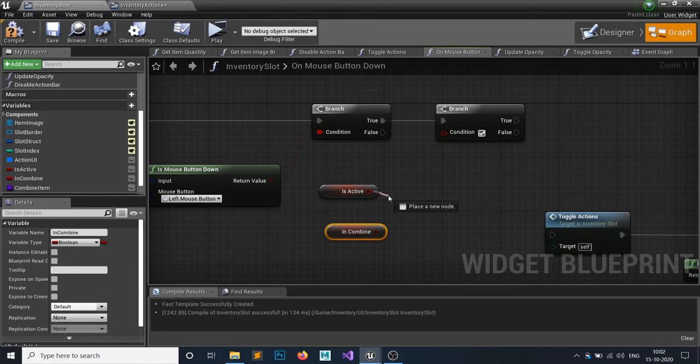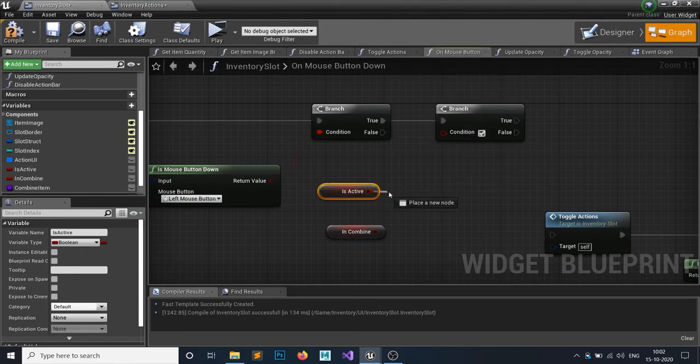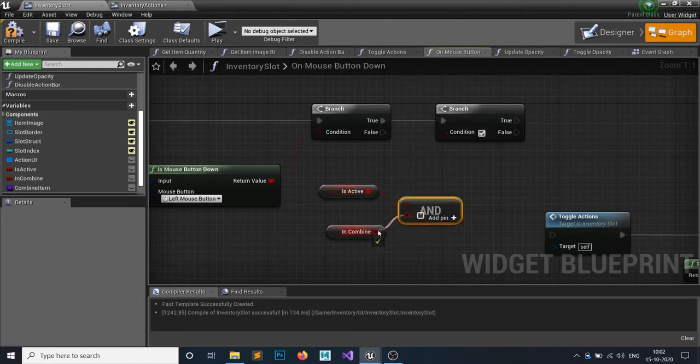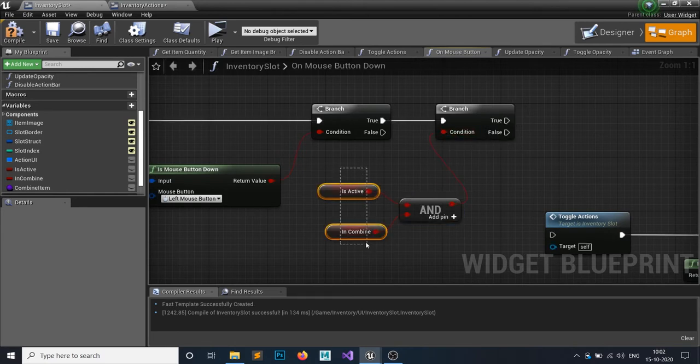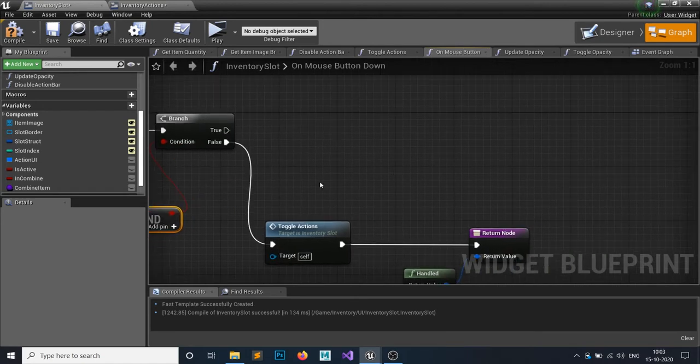If you click, then the slot would be active, so this is going to be true, but we also want to check if it's in combine mode or not. So hit AND and hit boolean. If both conditions are true, then it will follow this true part. If any of these conditions is false, then it will follow the toggling part, right?